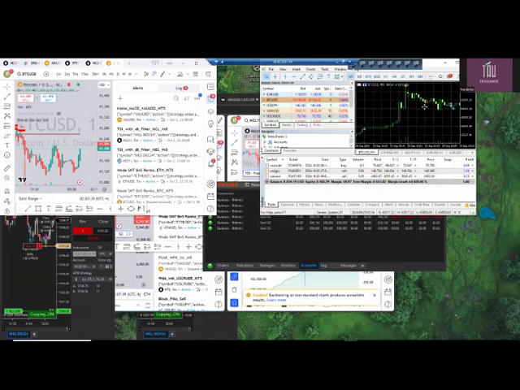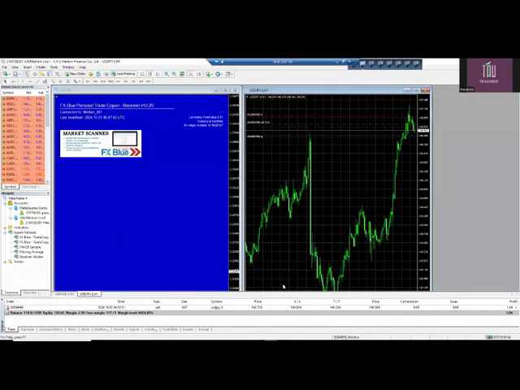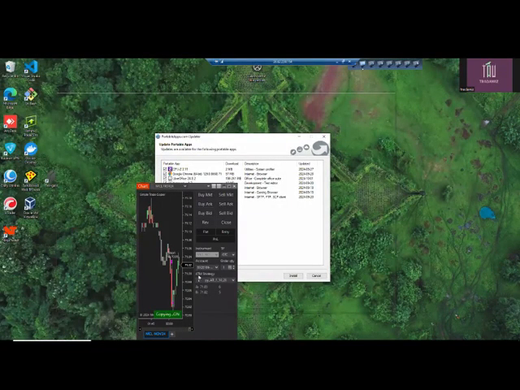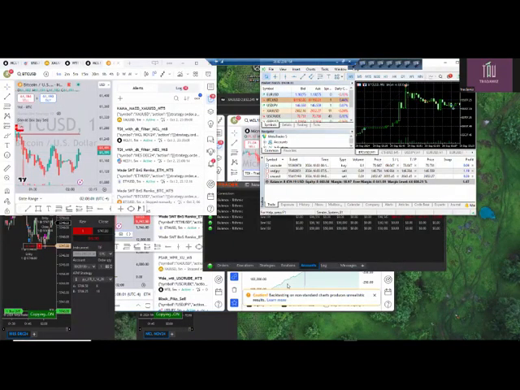And I just have a trade copier because I want to put it on another account like this one. So, for example, the Japanese yen is being traded automatically with another. So that's how it works. That's how I set up the settings.